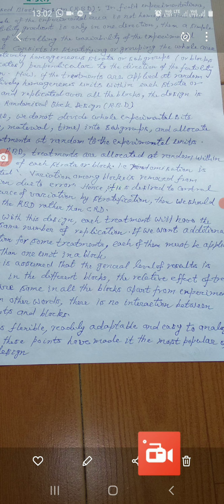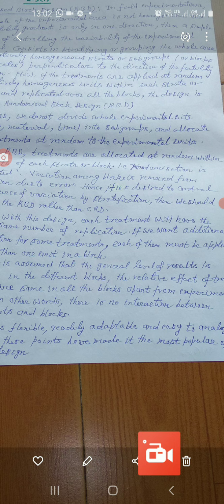Now, in field experimentation, if the whole of the experimental area is not homogeneous. Homogeneous means the fertility gradient is not similar at each place of the experimental area. If the whole of the experimental area is not homogeneous and the fertility gradient is only in one direction,